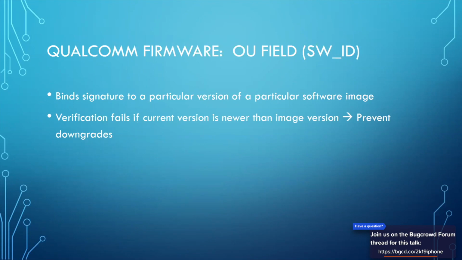They also serve as an additional mitigation against downgrading to vulnerable firmware. So let's say you are able to sign any code. Then there's also this thing that the software ID of the image is compared to the previous version that is installed. And if the version that is installed is higher than the version that you want to restore, then it prevents it from downgrading to that version.